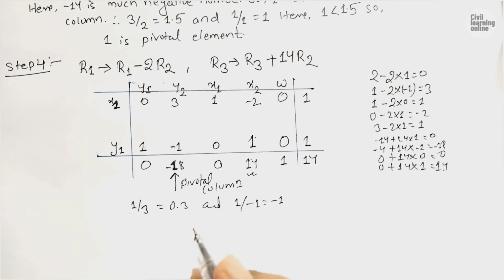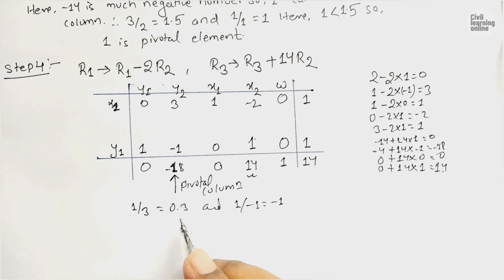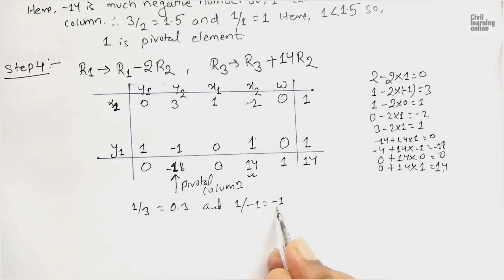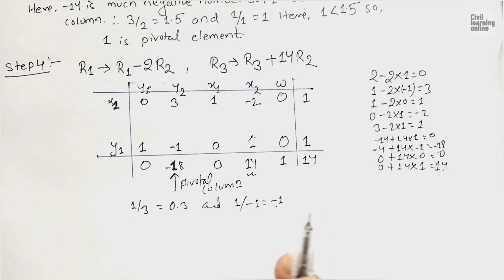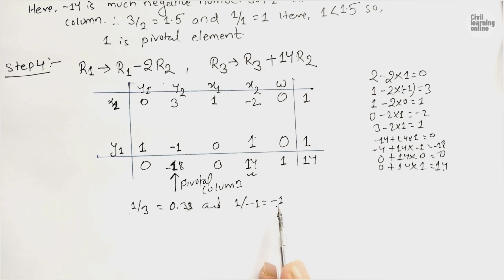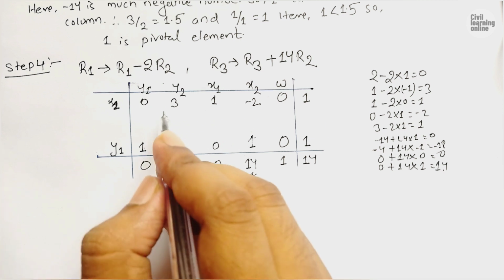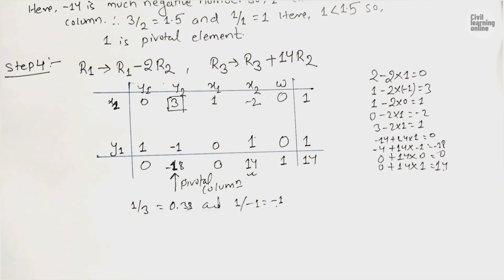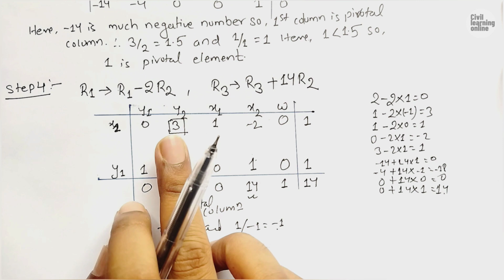So always remember, for considering the pivotal element we have to go for the positive value, so here the minus is of no use. We will go for the least value, ignoring the positive or negative sign. So here we have 0.33, which is less than 1, so our 3 is the pivotal element. Now we have to move to step 5, and in step 5 we will try to make this pivotal element